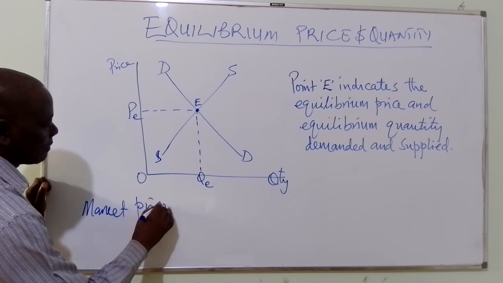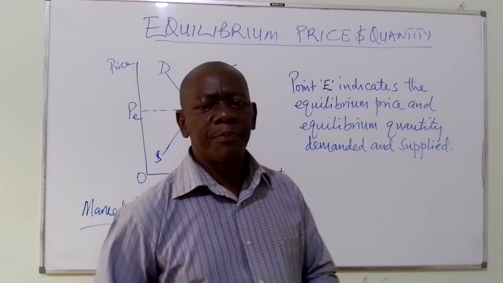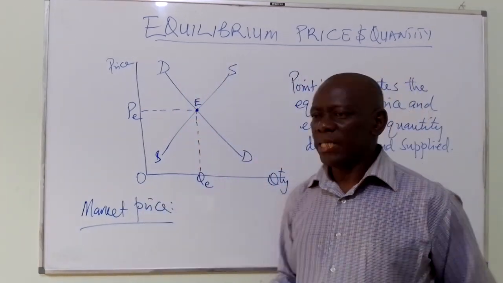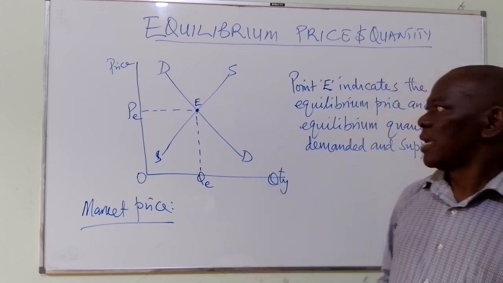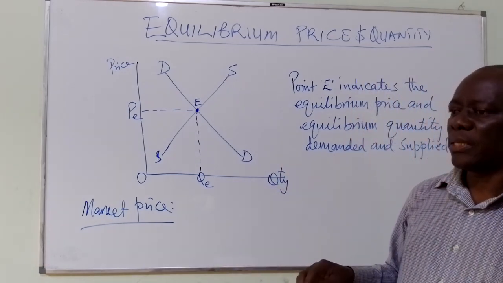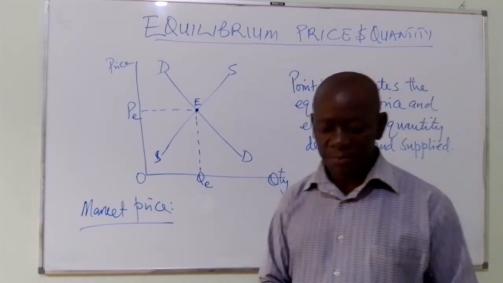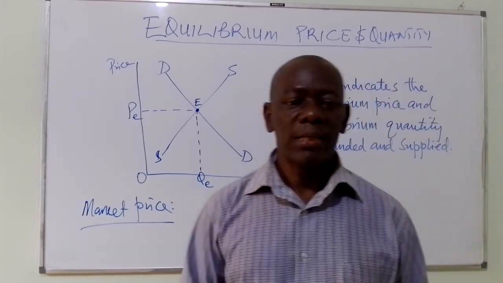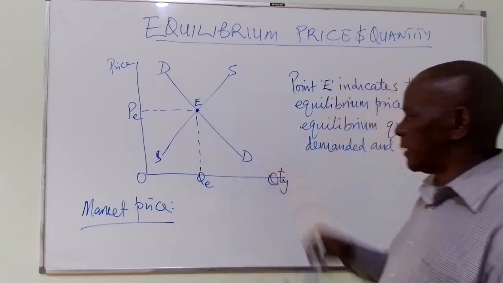Market price. What is a market price? Because we have looked at the equilibrium price, now we are looking at the market price. I've put it here so that, before we remove the equilibrium price, we get the definition for market price. So we say it refers to the ruling